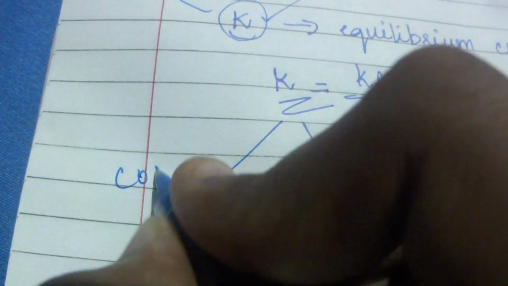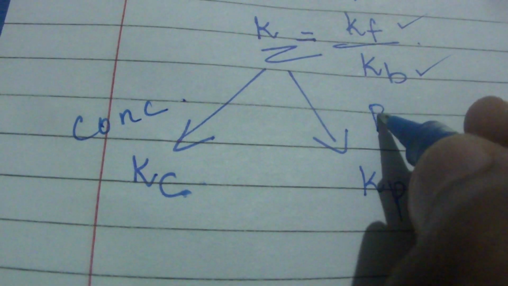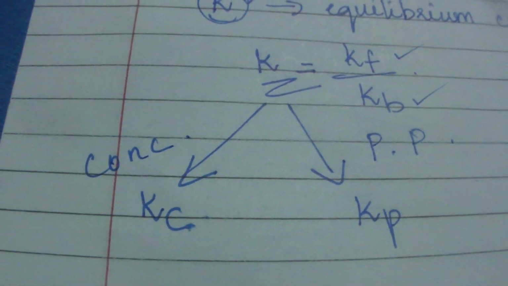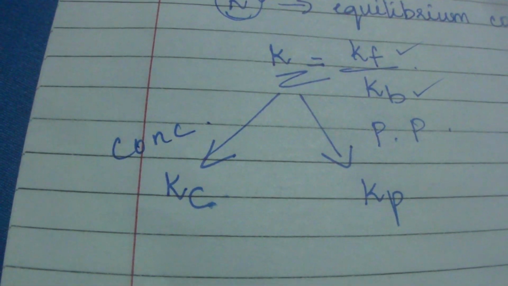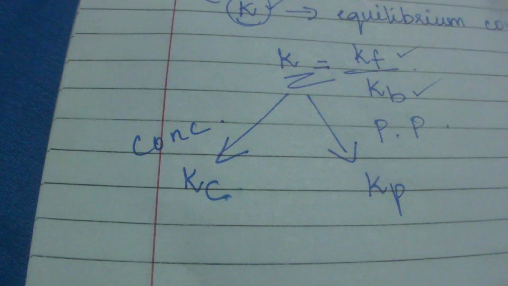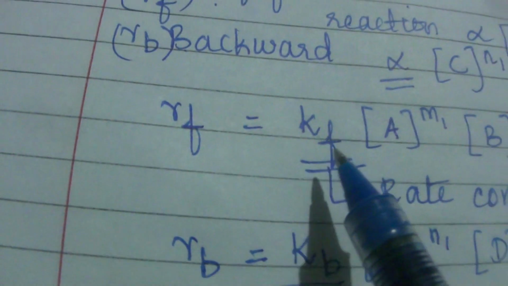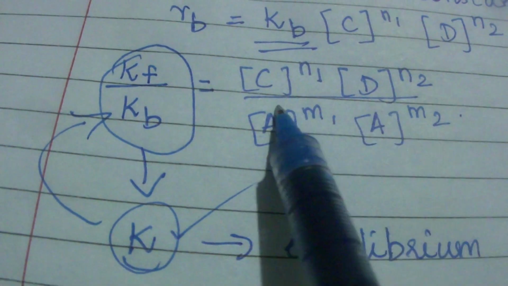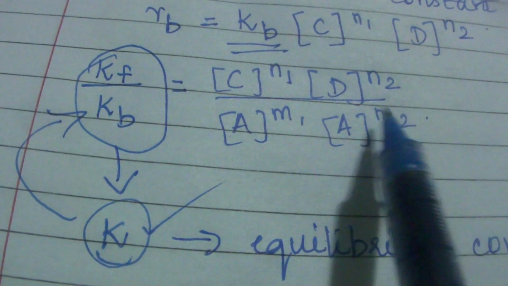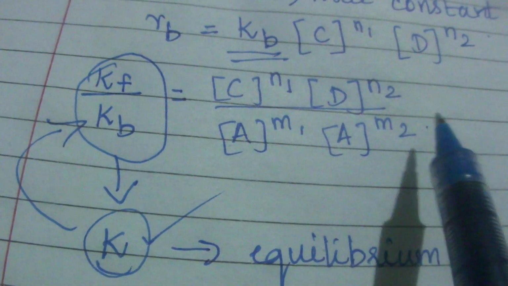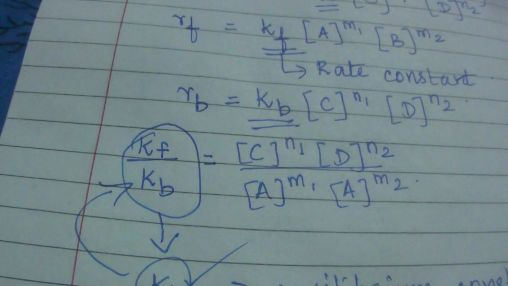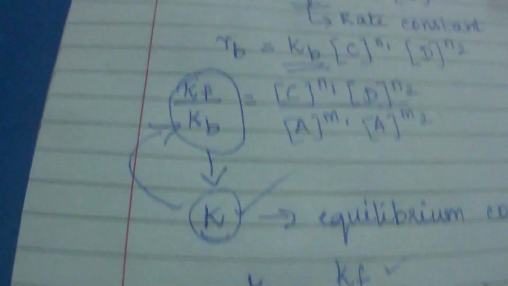This is expressed in concentration, and both are actually equilibrium constants only, but the way we represent them differs. This is something which we have written here, which comes under concentration. We represent K as concentration here, whereas if we talk about a gas, then we'll have to substitute